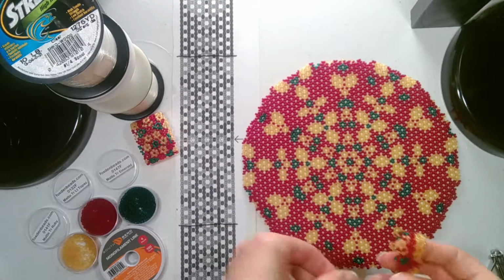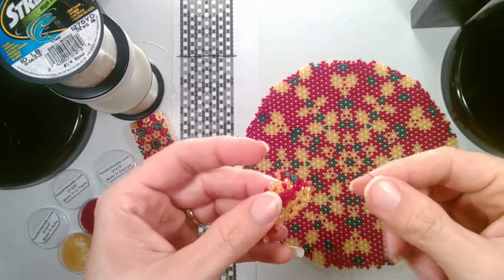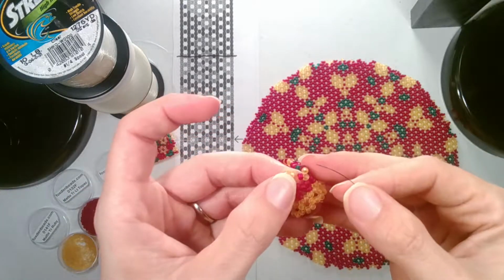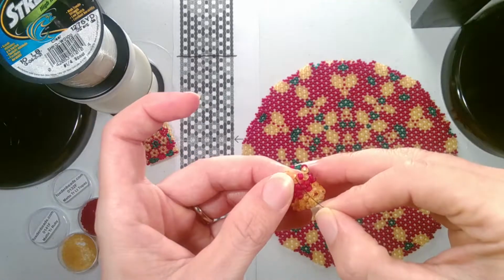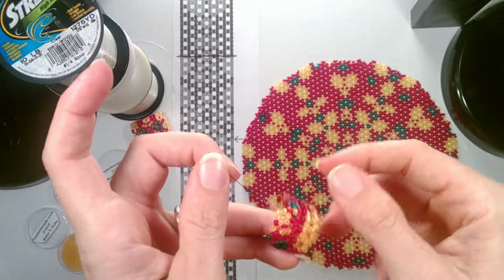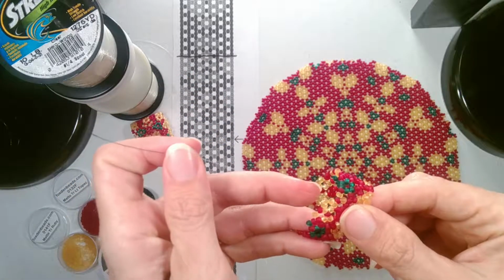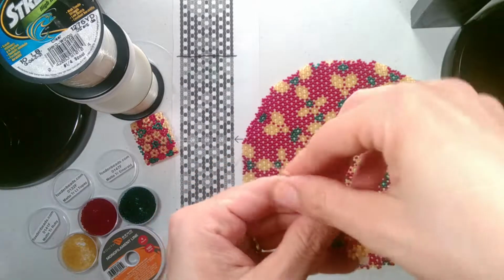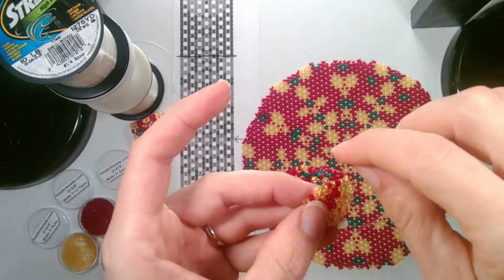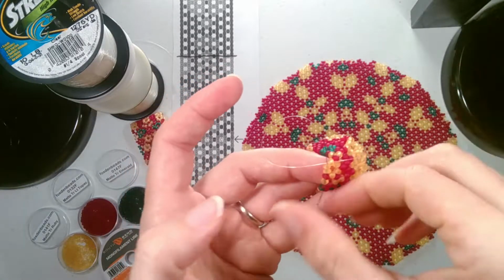We first want to start by taking about 4 inches of string, and we want to find our top bead, and thread through it going away from our finished work. Pull out. So we have about 4 inches of string to work with. And then we want to secure it, so we will go down 2